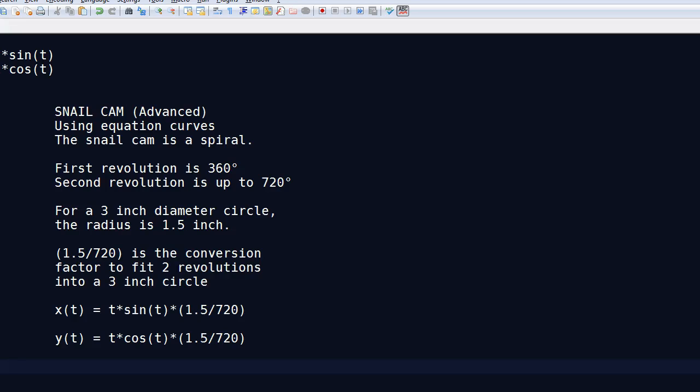Hello, this is Mr. Huff, and this is making a snail cam using some advanced features. We're going to be using equation curves. Think about the snail cam as a spiral. The first revolution is 360 degrees to get us away from the origin. The second revolution takes us to 720 degrees to get us to the outer measure, or the outer position of